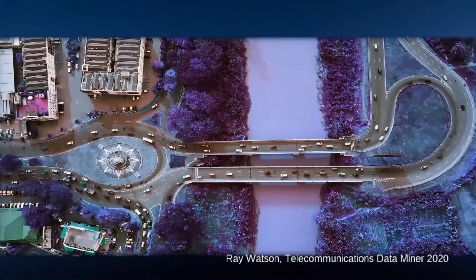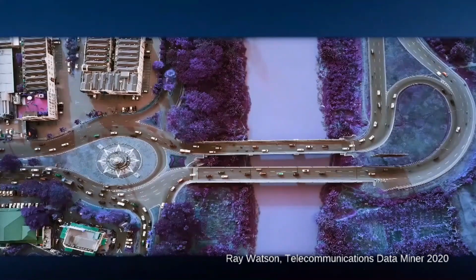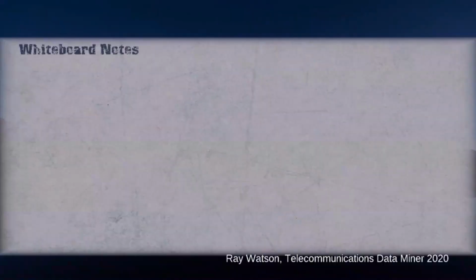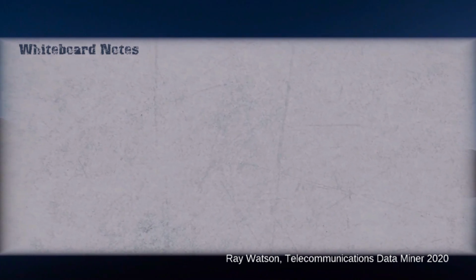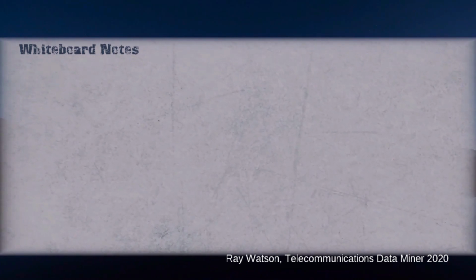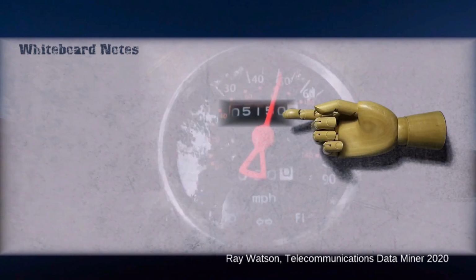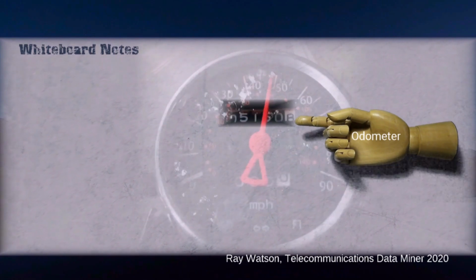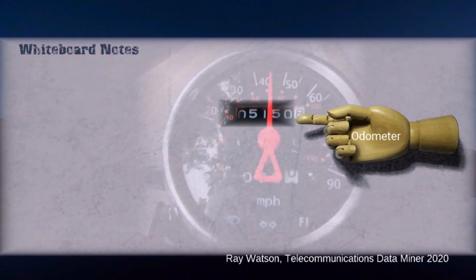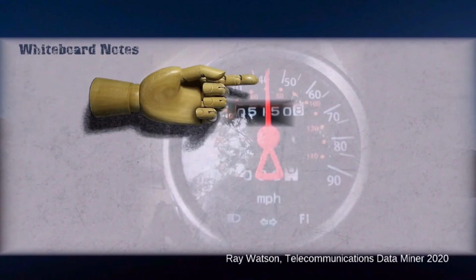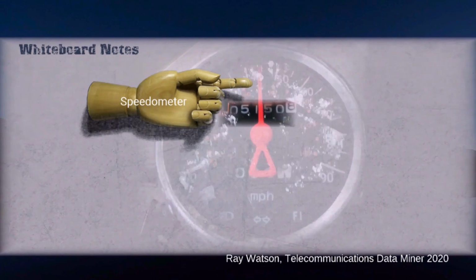Each of these machines report the work they are doing via two special counters. They are the odometer and the speedometer. The odometer logs the miles traveled. The speedometer logs the speed moment by moment as we travel down the road.